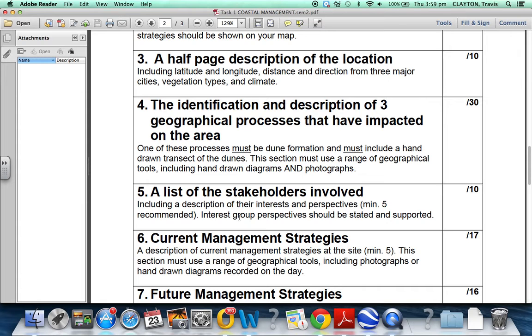For example, a fisherman. A fisherman wants to use Dolphin Cove Beach. They want access to it, they want to be able to fish when they like, and they don't really want to have to be dealing with walking down the beach and stepping in dog poo,